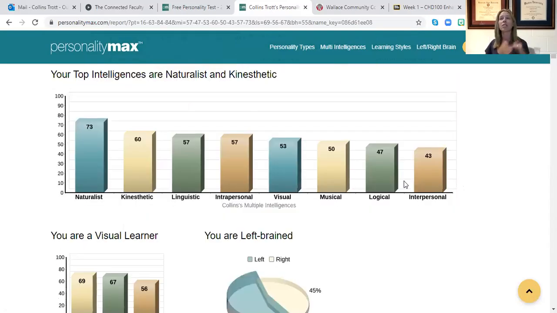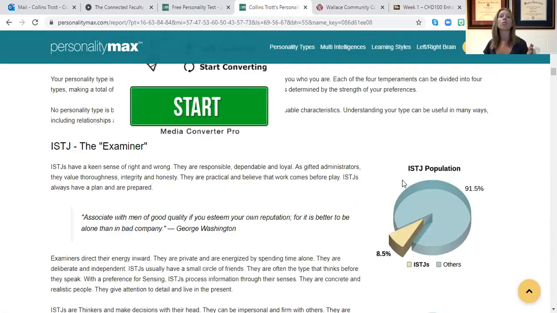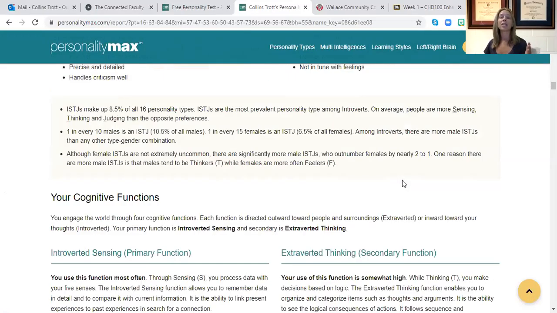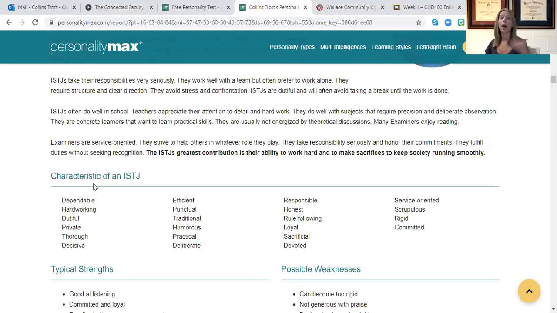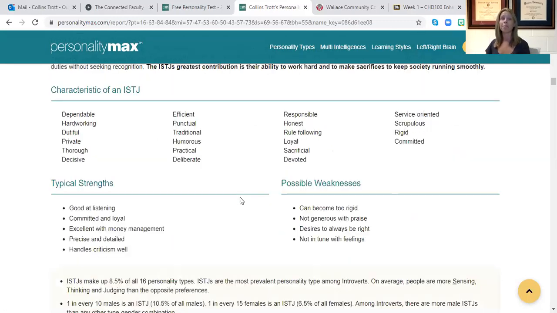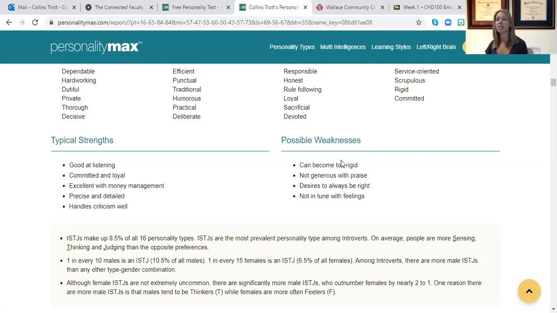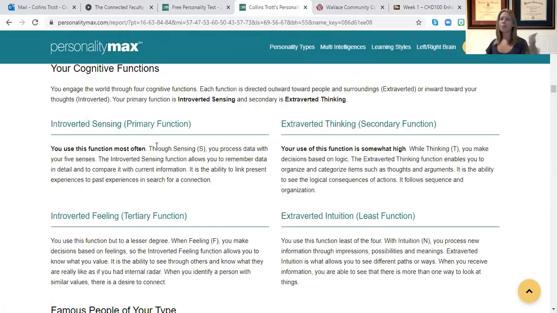Again, this part is the summary, but as I scroll down, it gets more in depth about each of those different things. So it's telling me that my characteristics is this type, and these are the characteristics of somebody who falls in that type, which would be me. I've got my strengths, I have my weaknesses, and it just keeps going.